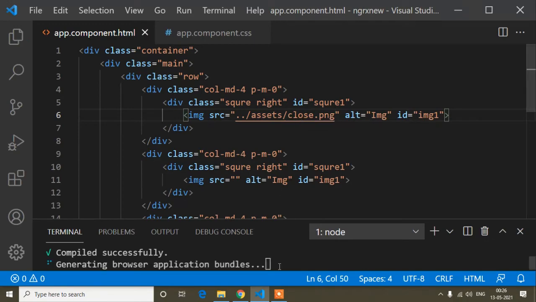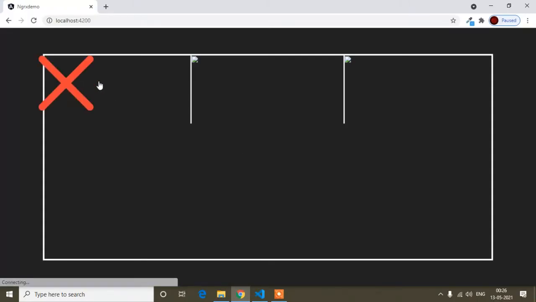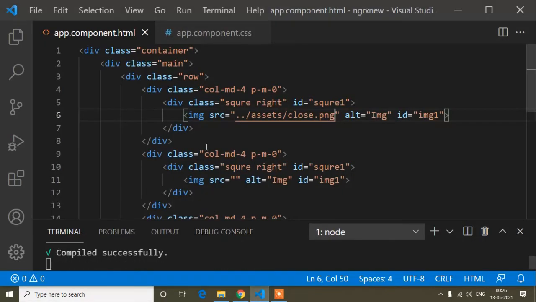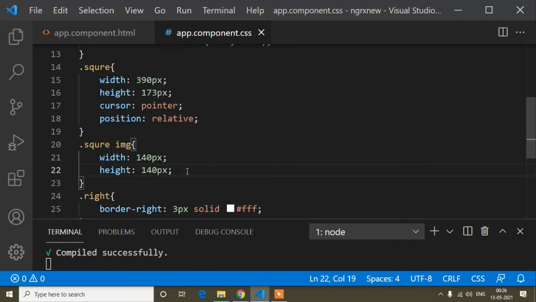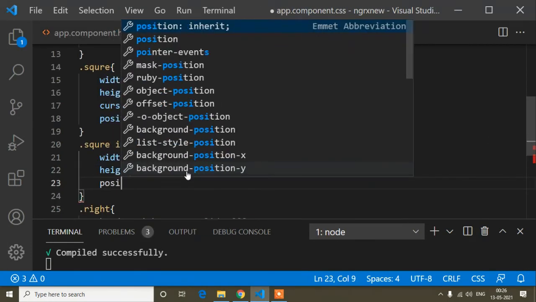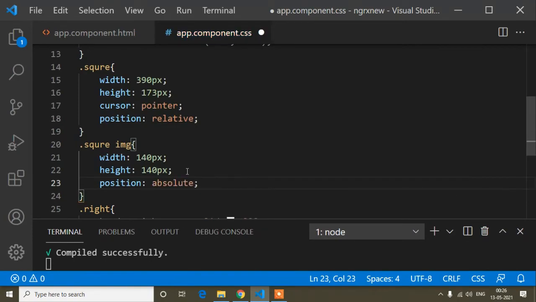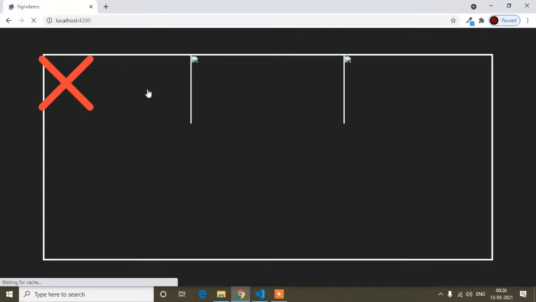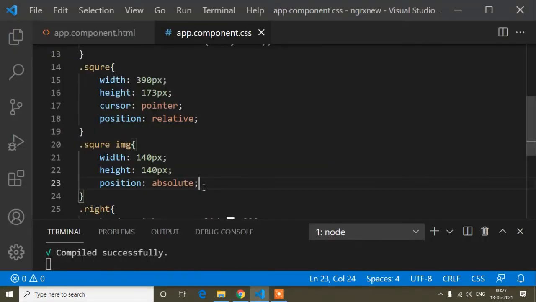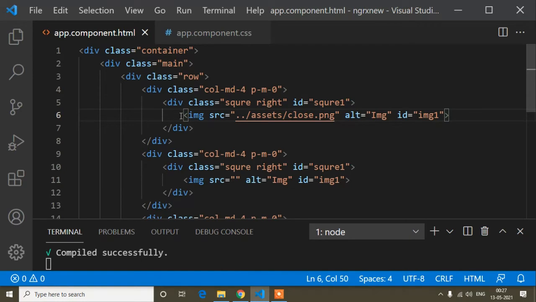So if I show it here, you will find this image is coming from the left, but I want to show it in the middle. So I will add this image position as absolute, because I want this image to float on this square div. Okay, so when I have added this position absolute, now this image is floated on this square div.